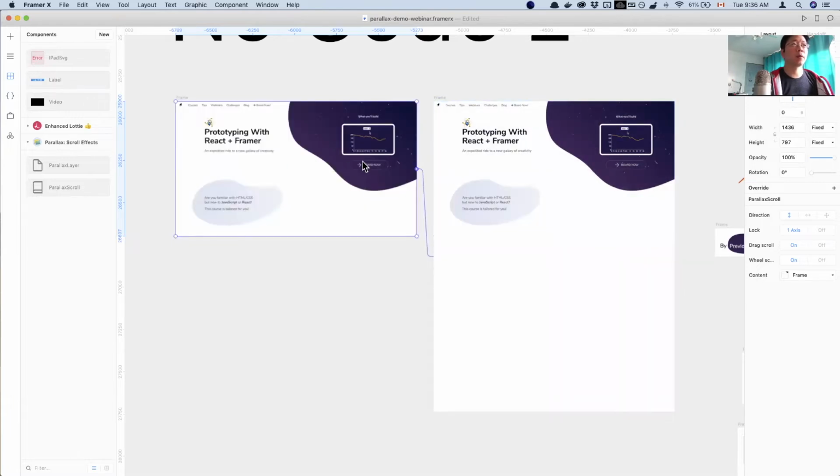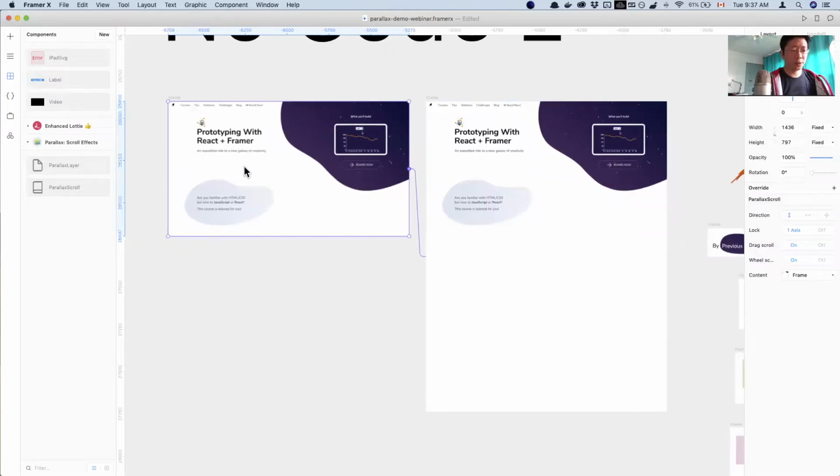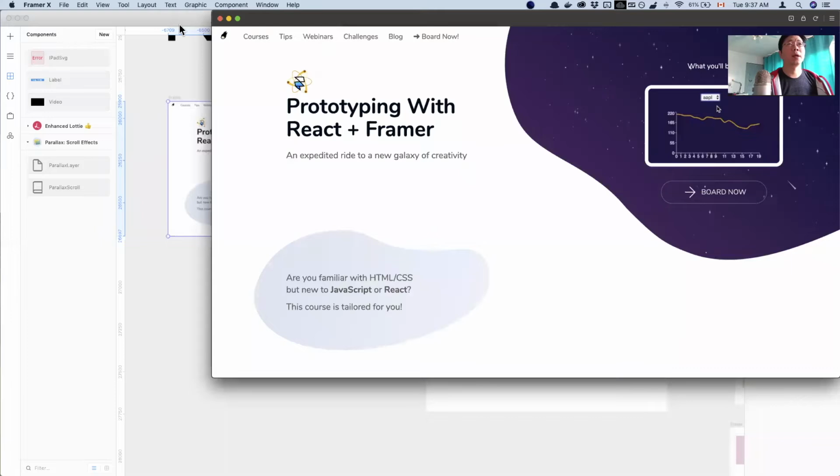So this actually works exactly the same as the standard scroll. It's exactly the same as this scroll. And over here, for now, it just scrolls normally like that. It doesn't have anything